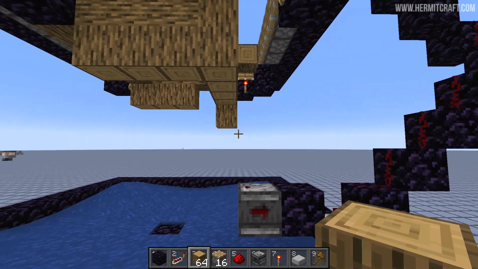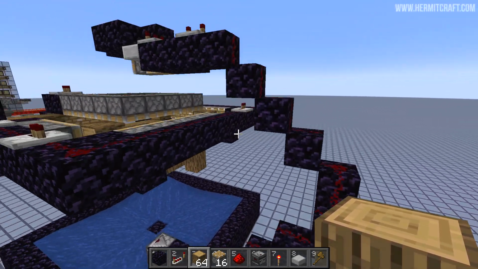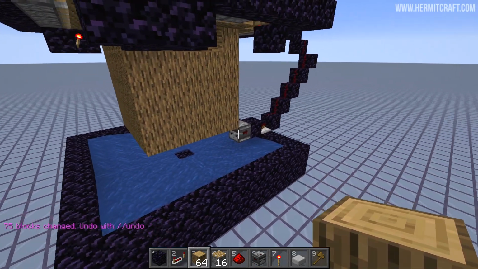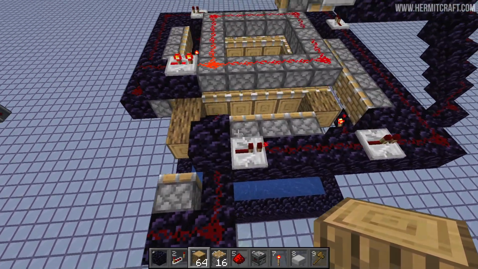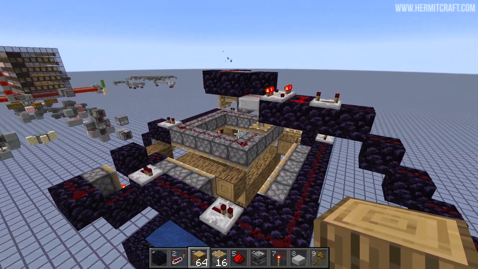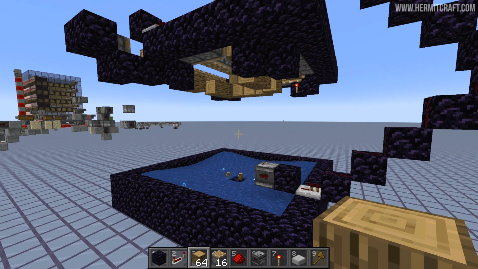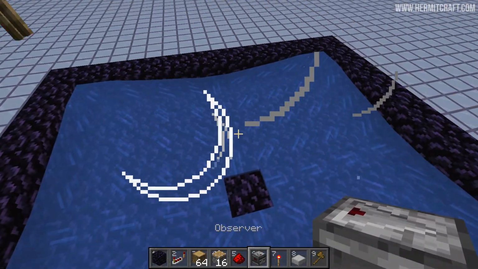I've now attached an observer down the bottom to detect when the oak wood goes in front of it, and you can see that's then going to activate the TNT. So fingers crossed, let's go ahead and simulate this. The next block will trigger off a series of events. Including the TNT, which is going to fall down. And here's where things go wrong. It blows up all of the wood wonderfully, but sometimes...